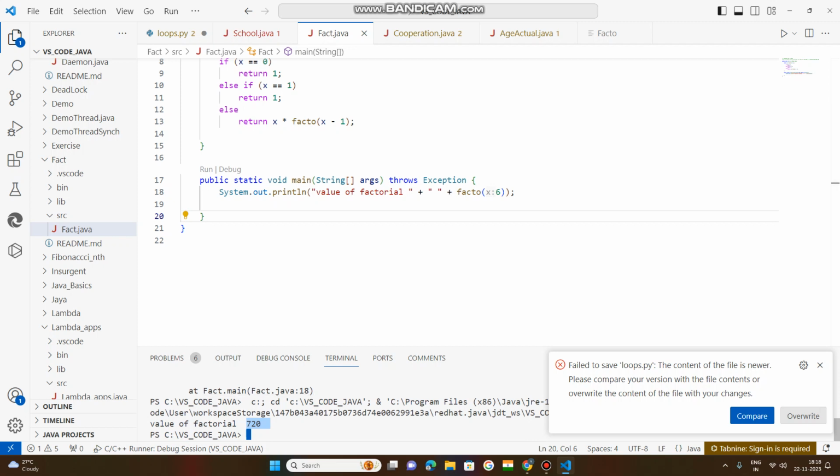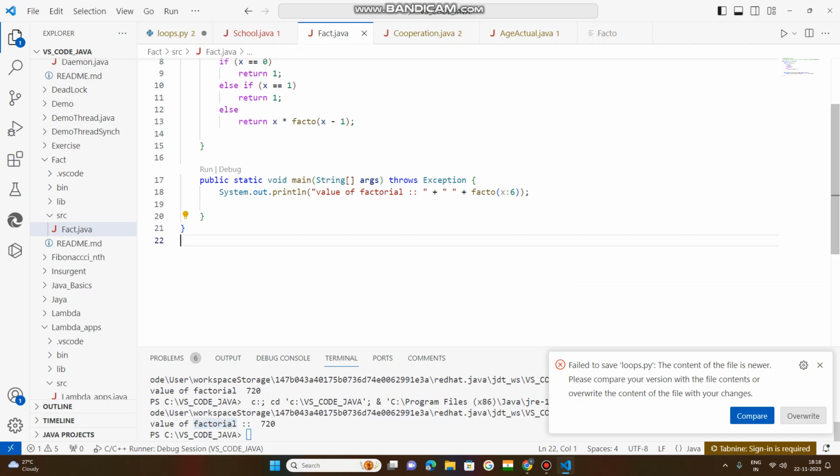There is no separator here, so put a separator here. Separator means the value will be put separately from the text. So here the value 720 is separated by these separators: value of factorial, which factorial? Value of factorial. Okay, so now